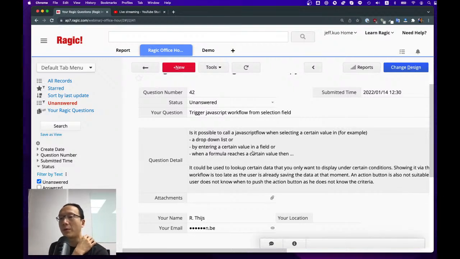First of all is the pre-workflow, where it checks if this is a valid entry against the data in your database. And the second one is the post workflow. It's automatically executed after a record is saved. So there are generally two types of JavaScript workflow to be executed when the record is saved. So when selecting a certain value, right now, this is